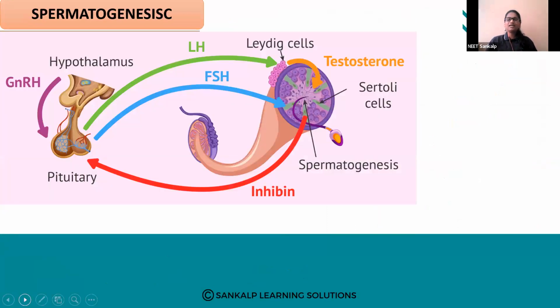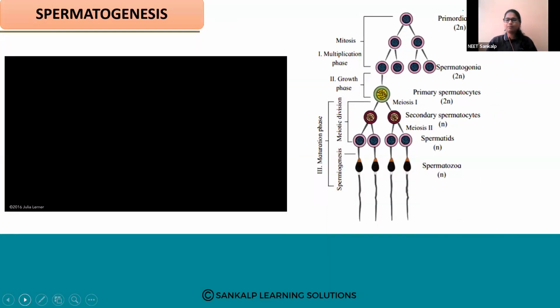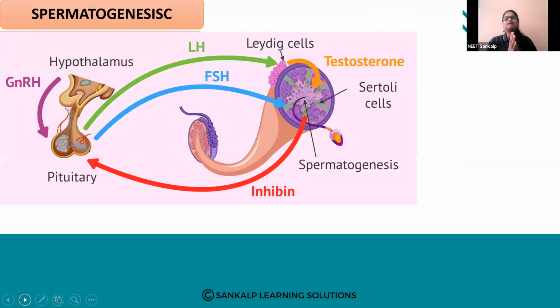Okay. So regarding spermatogenesis, we have another concept which is called hormonal balance. Just let me know whether we completed spermatogenesis completely. Yes? Okay, fine. So this spermatogenesis is under hormonal control. Did I complete this or not? I think I did not complete this. Hormonal control of spermatogenesis is completed. Okay, thank you.